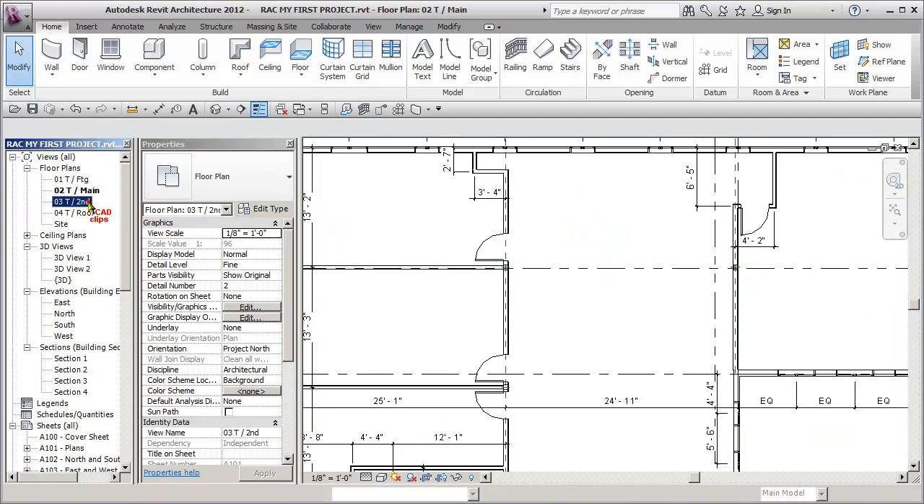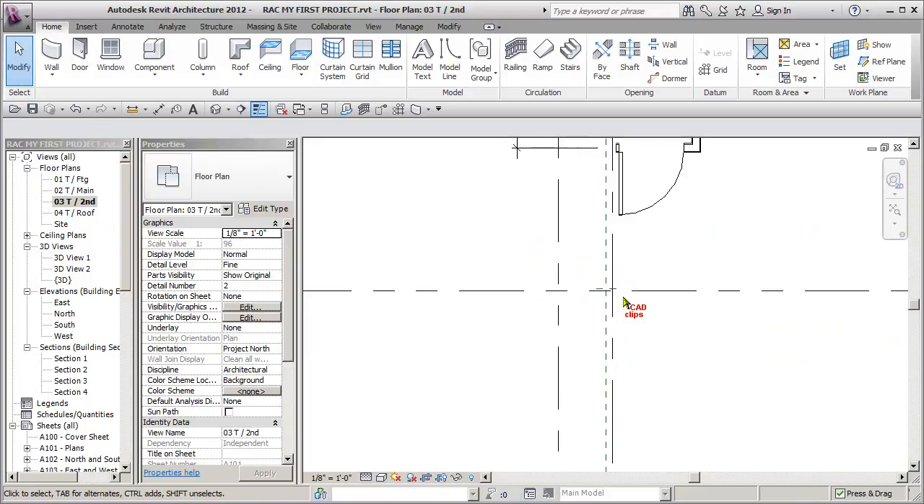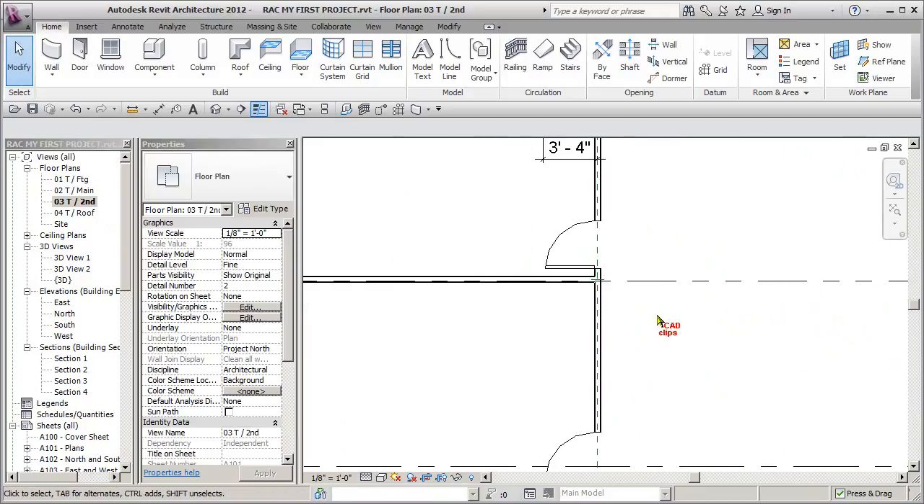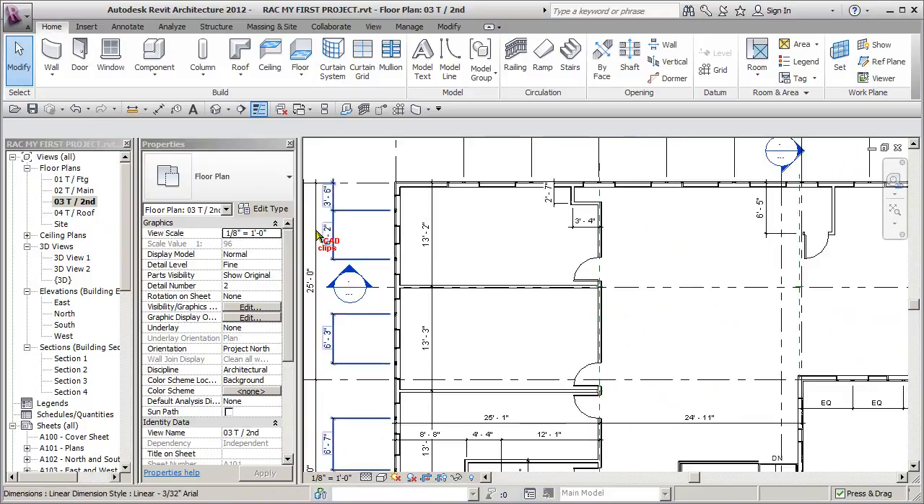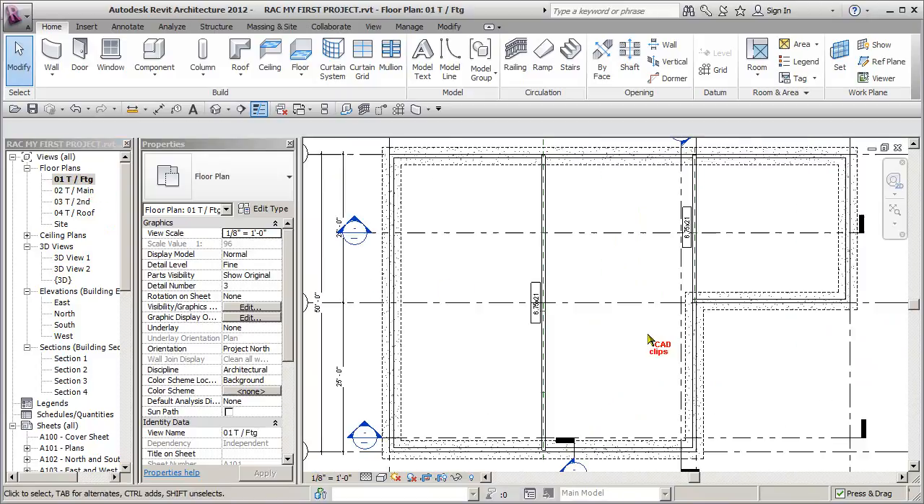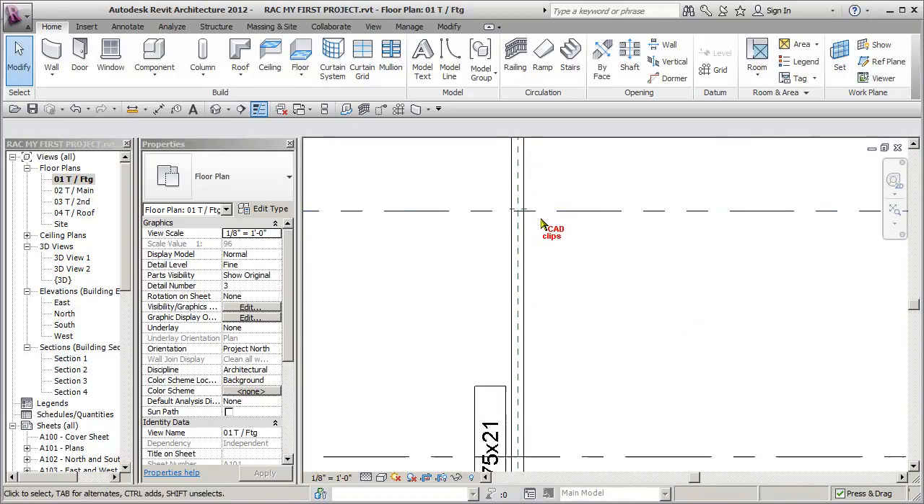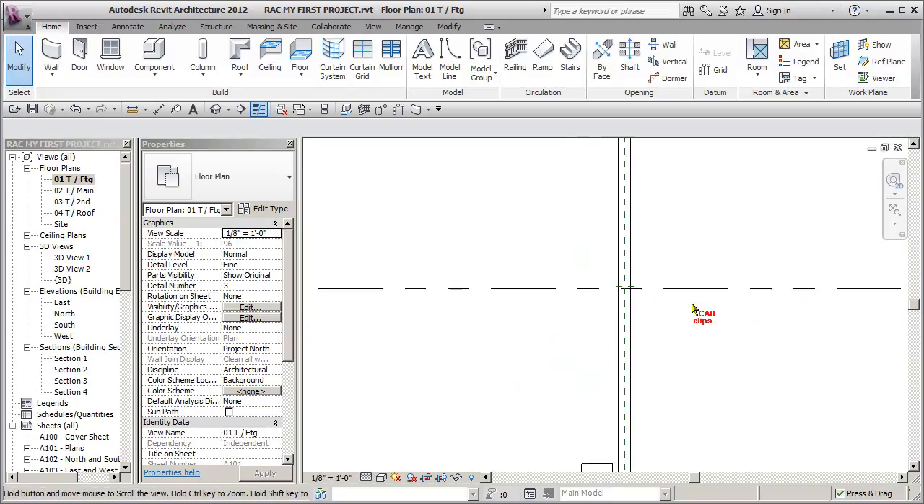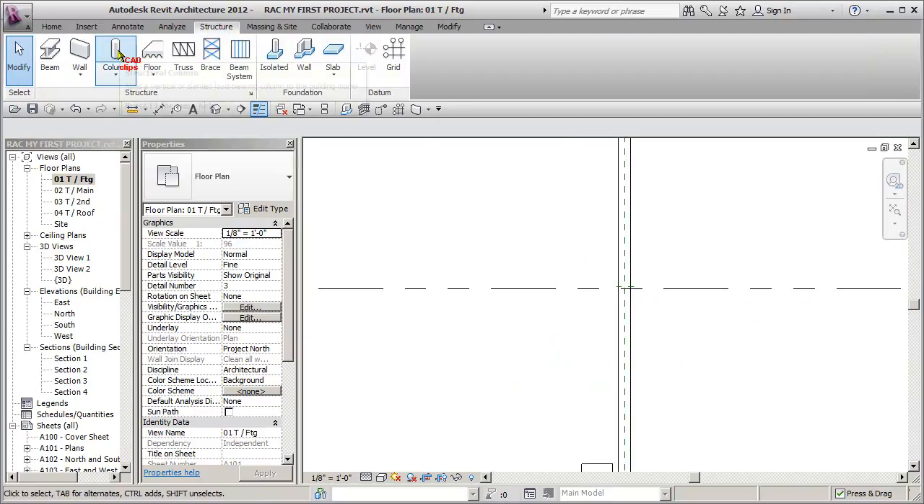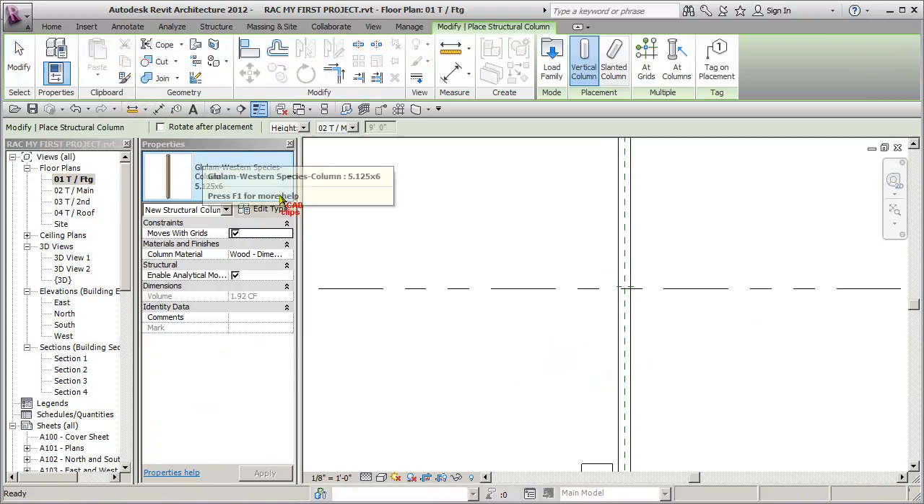Okay. Now watch when I go to my second floor, for instance, we could see where those columns are. Just in case we needed to know. And on the foundation or top of footing, we now know where they are as well. So let's add in a little column here. Let's go to Structure, Column,